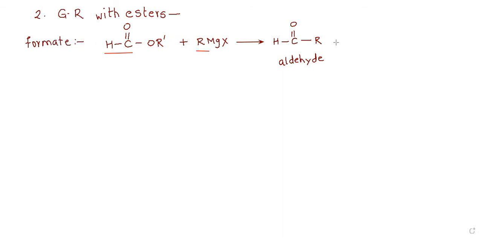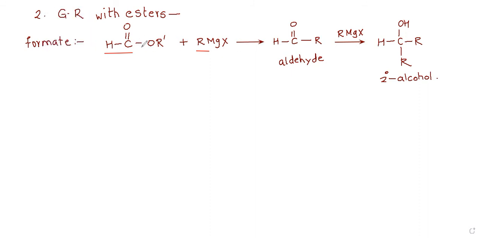Now you can react this a second time if given in exam. So second mole of Grignard reagent. Do it only if it is given in the exam, otherwise the reaction stops here. Now if you see, this is the same reaction we did just now, repeated. HC with R here, and this becomes OH. Secondary alcohol. Is this understood? First one.